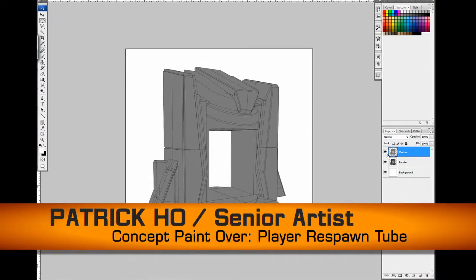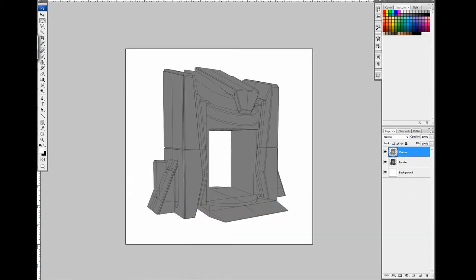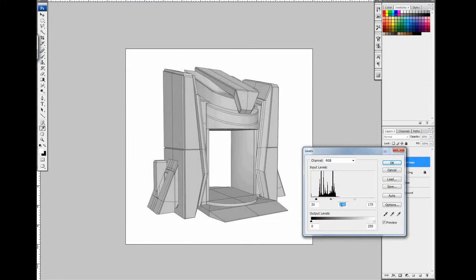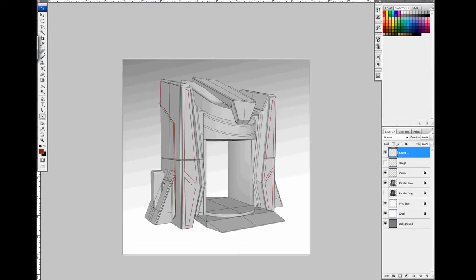Today we're doing a concept paint-over for the player respawn tube for PlanetSide 2. The player respawn tube is where players are rematerialized after confirmed KIA status through the use of nanite rebirthing technology. Cool stuff. The model for this concept was originally created in Maya 2012, and then I do a paint-over in